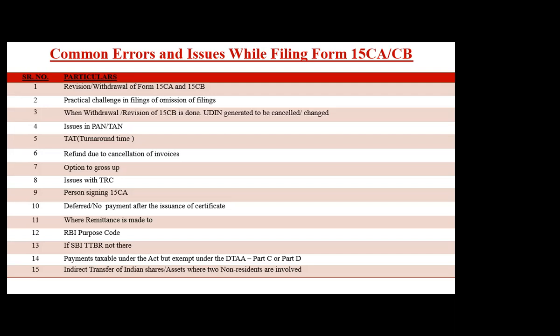Now in case of indirect transfer of Indian shares where two non-residents are involved, if he doesn't have a PAN or TAN and there is no way, if the remittance is made in India, TDS would be deducted, no issues on that. 195(1) would come into play, absolutely fine. But so far as 195(6) is concerned, where 15CB, CA is to be issued, where to issue? If there are two non-residents involved, most likely 15CB, CA will not be issued so far as a company is concerned. Of course, for an individual NRO to NRE, we have already discussed that.